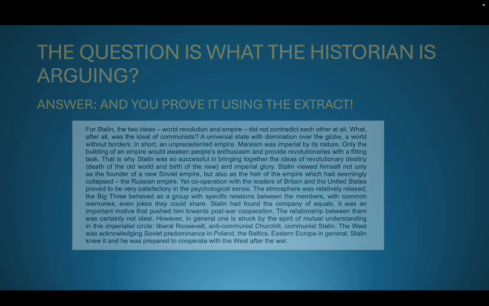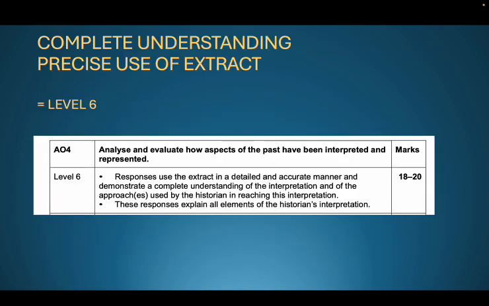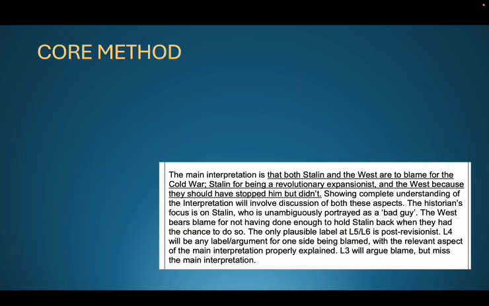Level 6 needs to have two components, and those two components are complete understanding of the interpretation. That's component number 1. And the second thing you absolutely must get right is precise use of the extract to explain it. Here is the system to get an A star. You always need a system, as we did with paper 1 of this syllabus. So treat this as a continuation, but now we are focusing on the A2 level, year 2 of A level